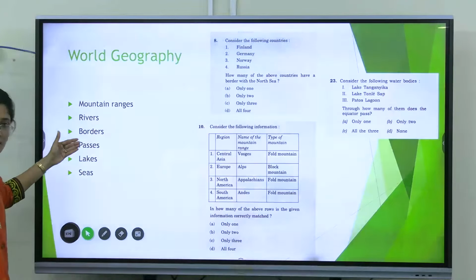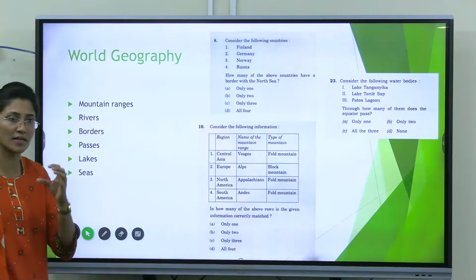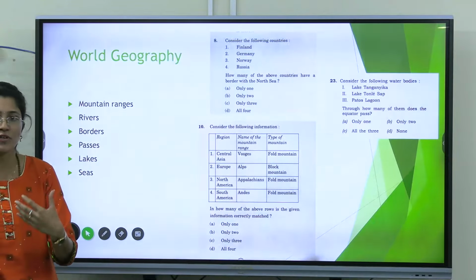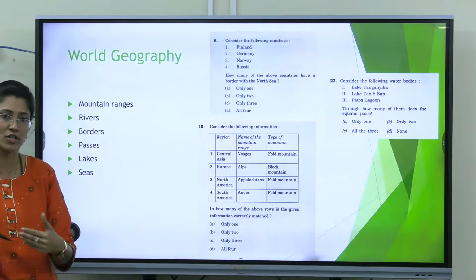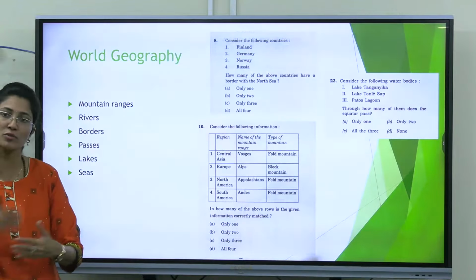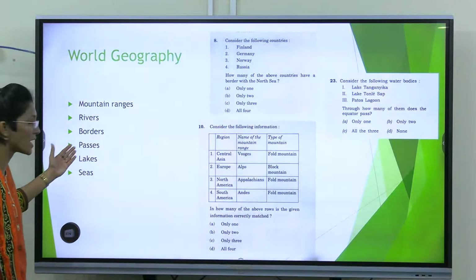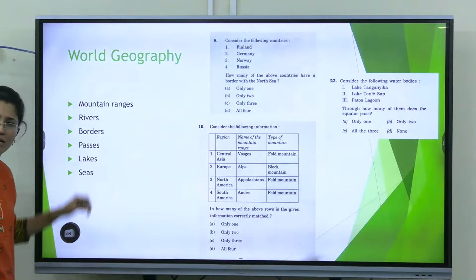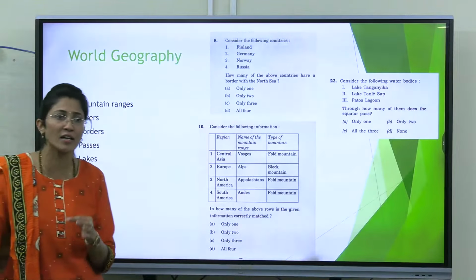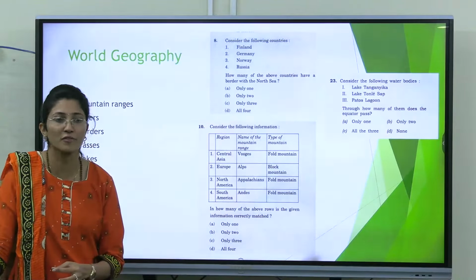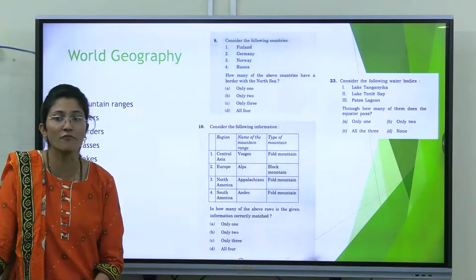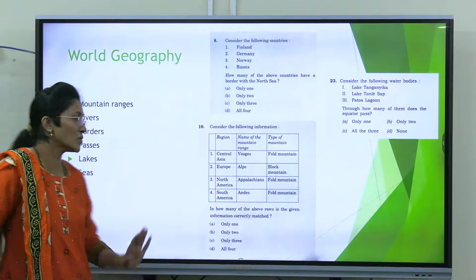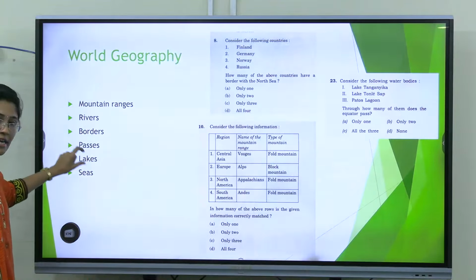They ask about passes. Passes are nothing but gaps in the mountain ranges, which facilitate movement from one side of the mountain to the other side. They ask about important passes in the world because through these passes there are infiltration of terrorists, infiltration of invaders. So passes are important, lakes are important,